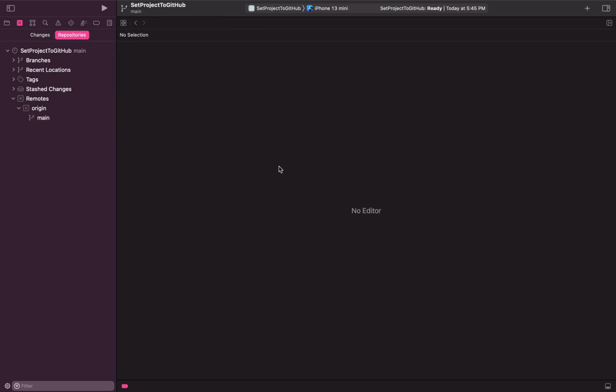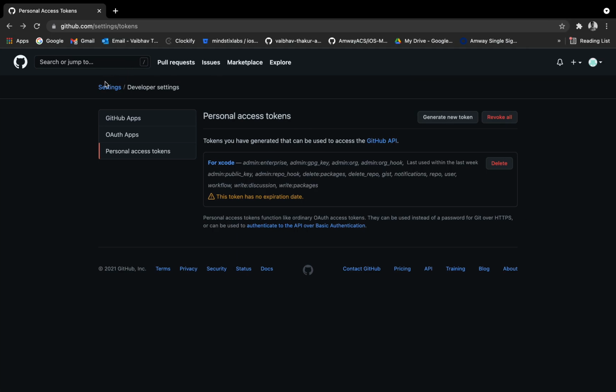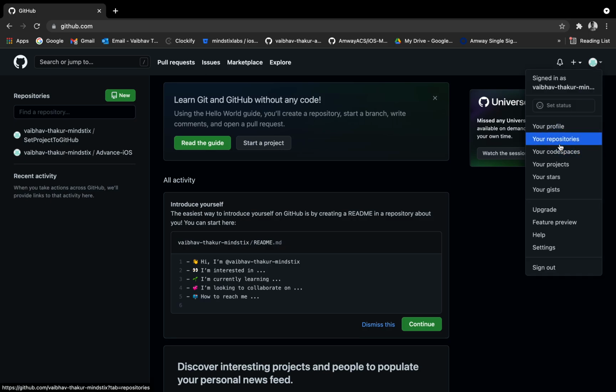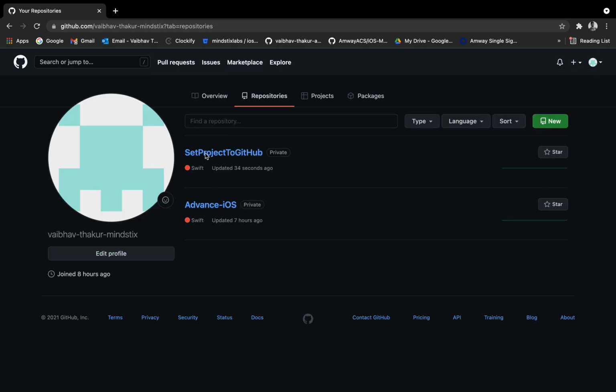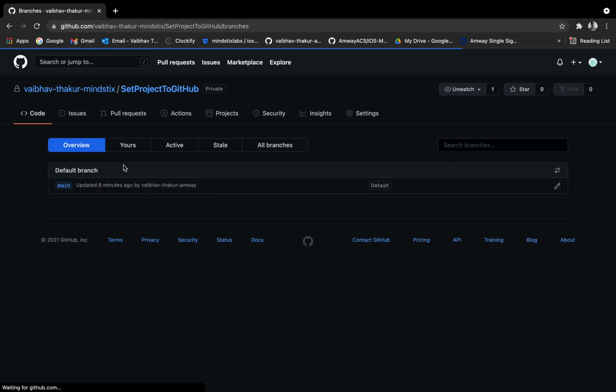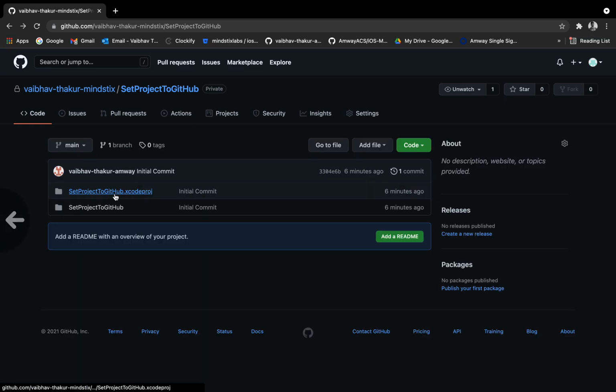And if you go to GitHub, just go to the profile, your repositories. Yeah, now you can see this project, set project to GitHub. We have just pushed this. The initial commit was made 6 minutes ago, and just now we have pushed the code, and we have one single branch which is the main branch.